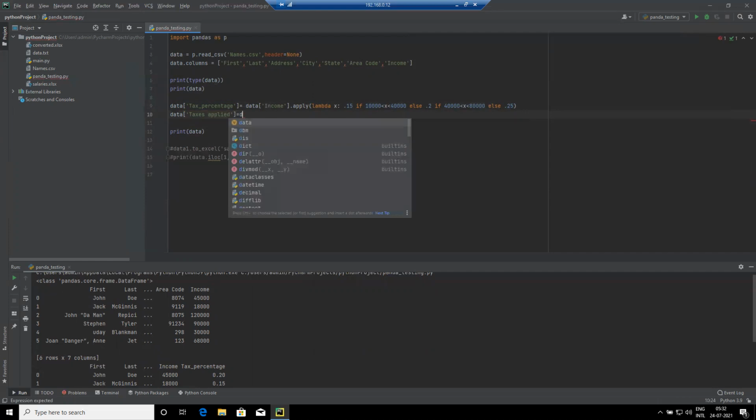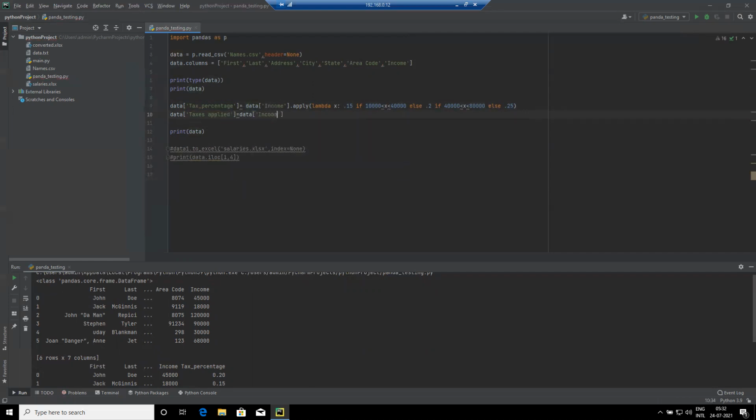It will be income into that tax percentage, right? It's not actually a percentage, it's a decimal value. Tax portion.